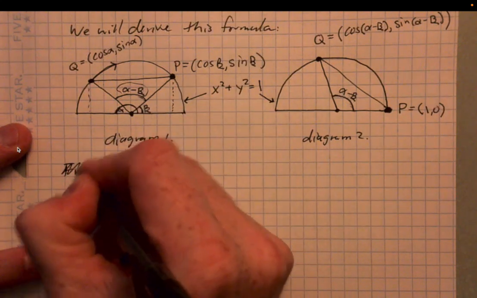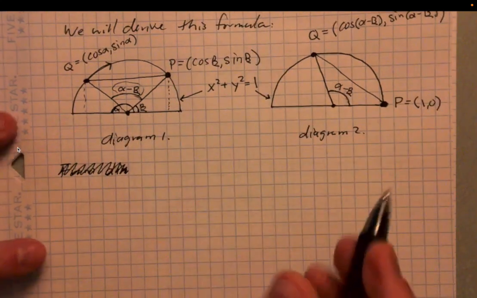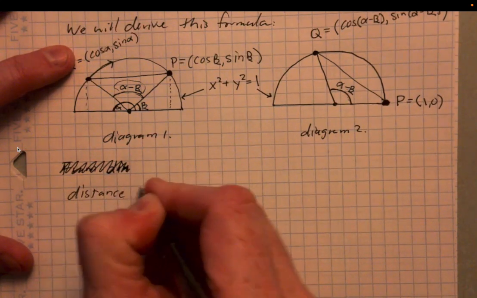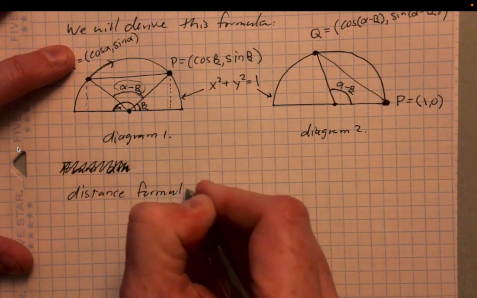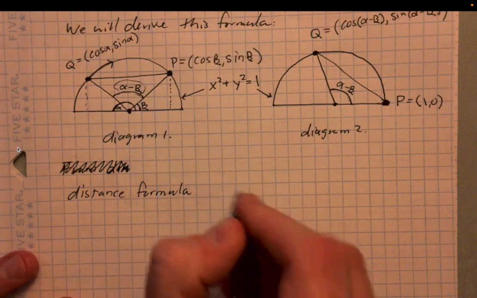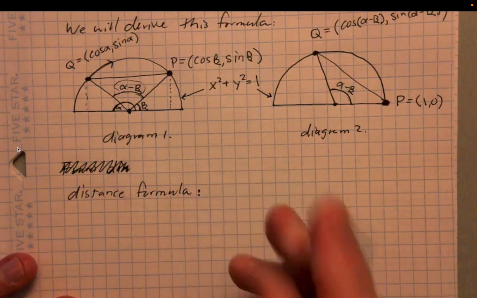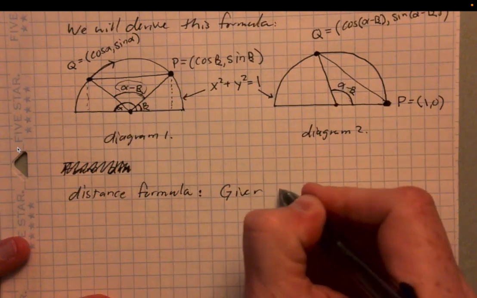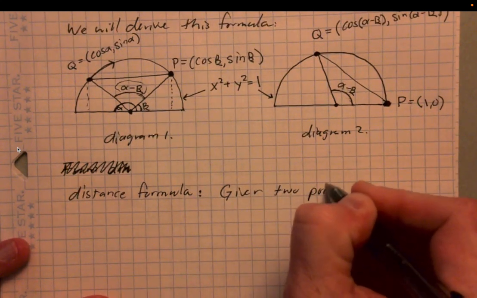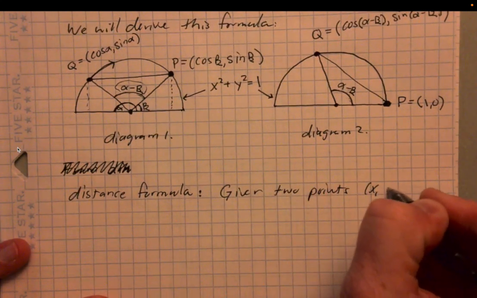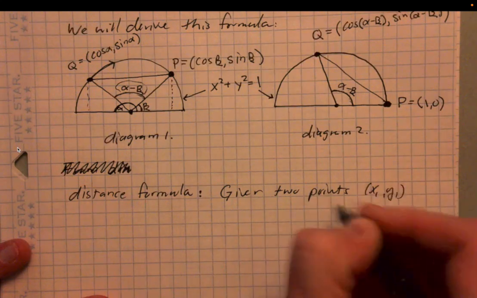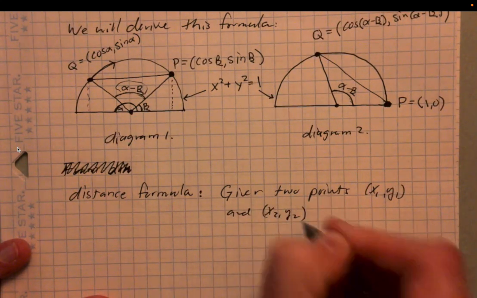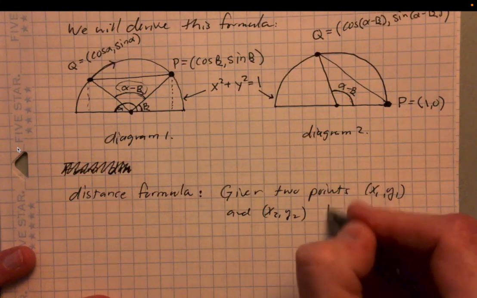Actually, before I do that, I do want to talk. We have to talk through one other thing, and you may have seen this. This is called the distance formula. And so the distance formula, this is from algebra. If you have 2 points, so let me write it out here. So given 2 points, x1, y1, and x2, y2, the distance between them